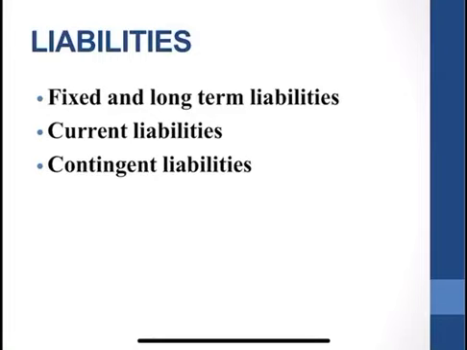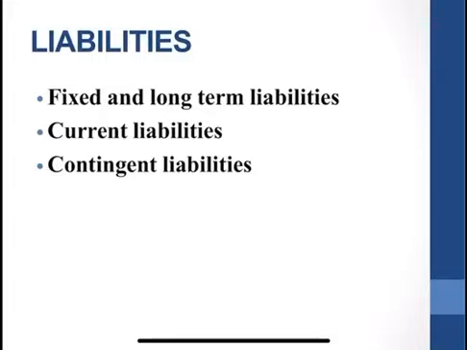Then we have contingent liabilities. These are not actual liabilities, but their becoming actual liabilities depends on the happening of certain events. If such events do not occur, no liability is incurred. For example, a claim against the business unit not acknowledged as debt is a contingent liability, because it is only if and when the case is lost that liability will be incurred. If the case is won, there will be no liability, and these liabilities are not shown in the balance sheet. Usually a footnote is appended at the end of the balance sheet for such a liability, so it may give a true and fair view of the state of the concern's affairs.